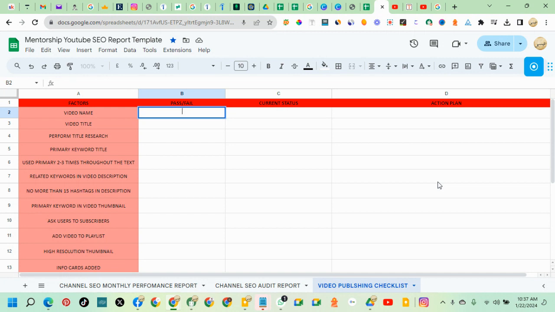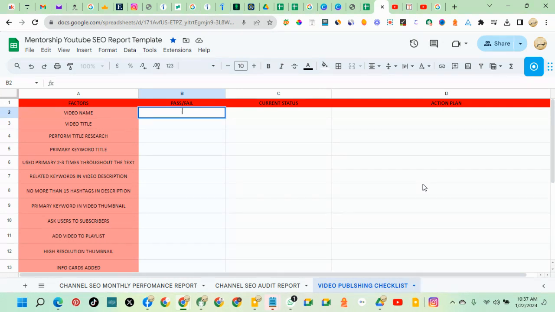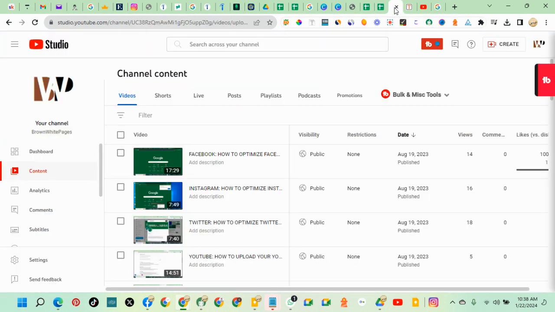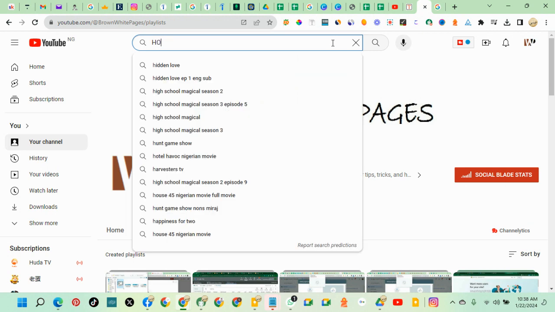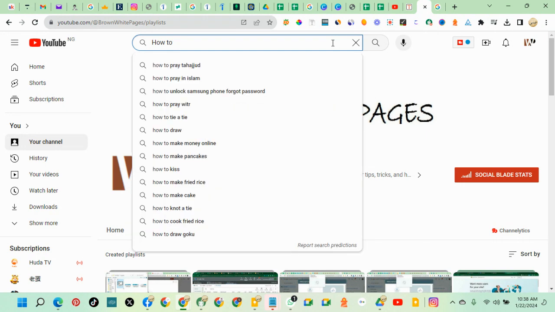So let me just show you an example of why you need to optimize a video before you upload it, or while uploading it. These are all the steps you need to take. These are the checklists. So let me just go to YouTube and show you. This is YouTube. So let's search. Let us do a search of one of the keywords related to one of my videos. How to share